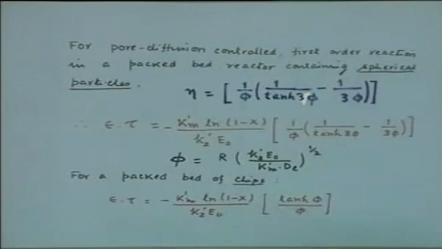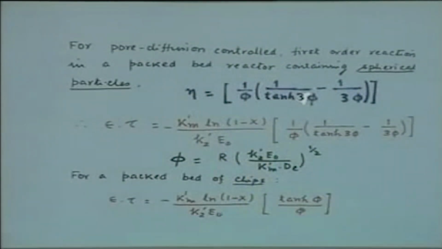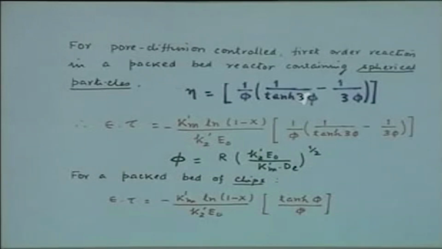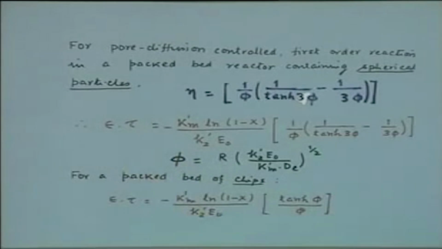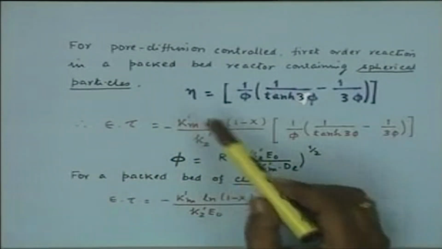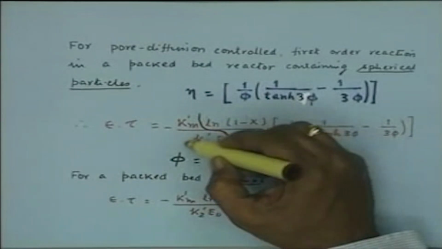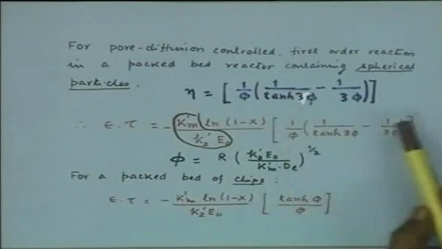That is the relationship between phi and effectiveness factor. Using this effectiveness factor in your reaction rate expression, for first order kinetics one can write the reactor performance equation as epsilon tau is equal to minus Km upon K2 E naught, which is essentially the first order rate constant, into ln 1 minus x,